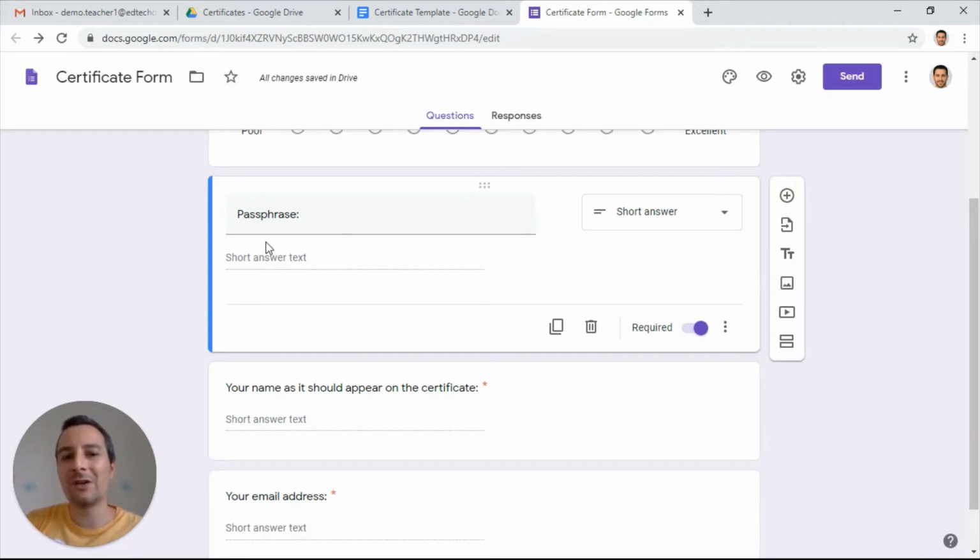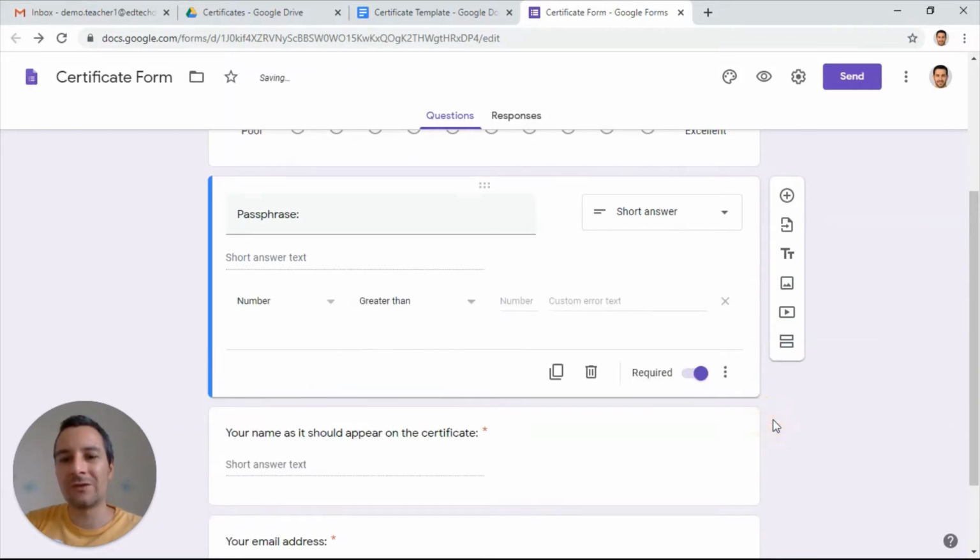And the way you set up a passphrase is you click on the three dots and response validation. Then you can select regular expression, which matches, and I'm going to choose a passphrase Google. The custom error text, whatever it is, nope, that's not it, in case somebody enters the wrong passphrase, then they wouldn't be able to submit the form and therefore they wouldn't